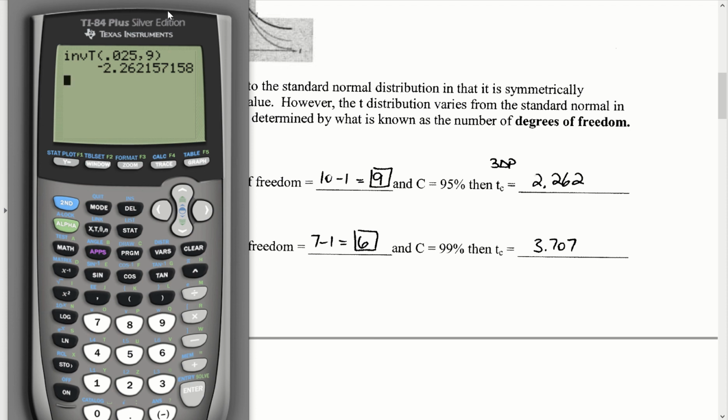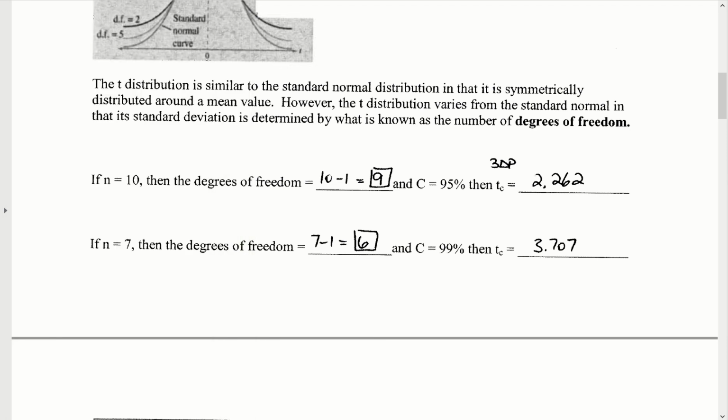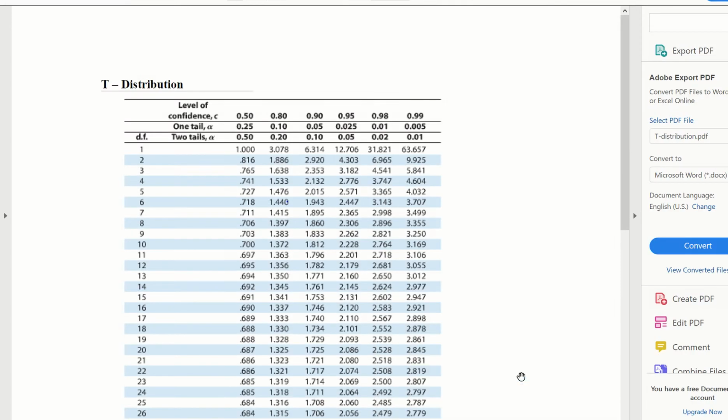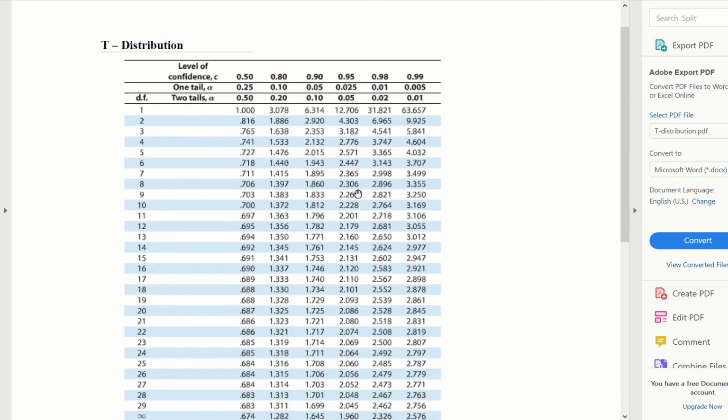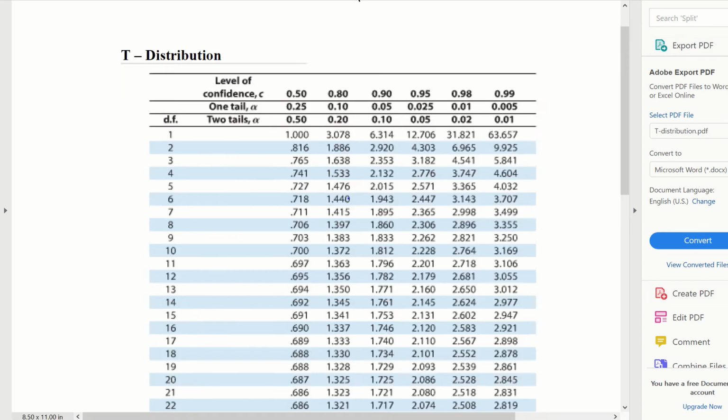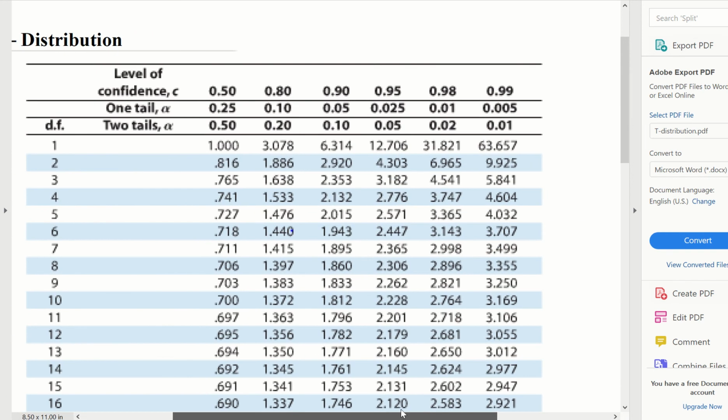For those of you that have the TI-83, how would you be able to do this? Well, the answer is there's a T-score chart. This T-score chart works as follows. We have the degrees of freedom, which is the DF going down. You would trace down till you get to the desired degrees of freedom. In this case, we're working for 9 degrees of freedom. And then you can do one of two things. You can use the same one-tail area that those using the TI-84 would have to use. We said it was 0.025. Trace that down to 9 degrees of freedom, and we get